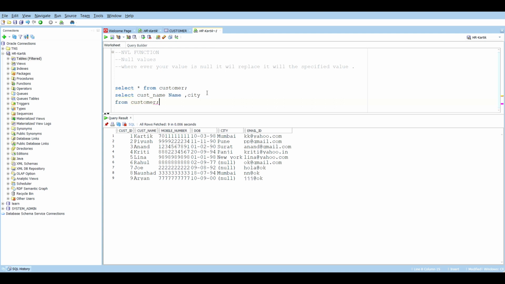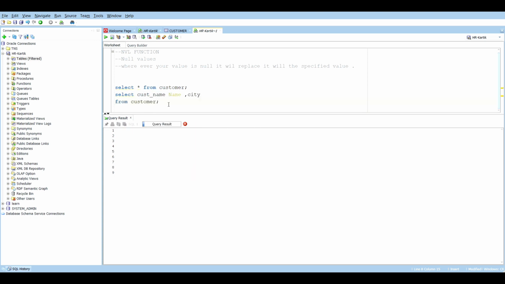Okay, let's execute this query and you got this. Customer name, I have given this particular alias, that is name, so it is showing over here as name, and these are my customer names and their respective city. Okay,